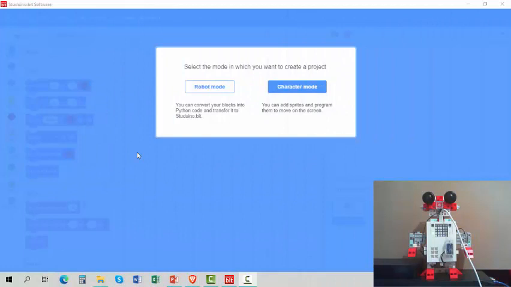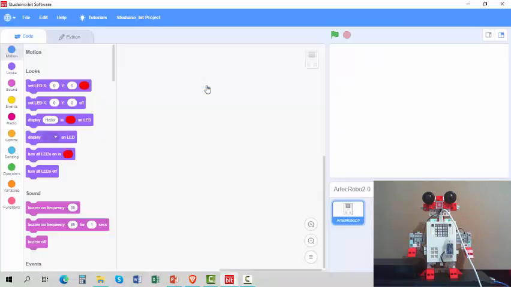Okay, fantastic. Now let's open up the Studio Bit software, and when you double click on the icon to start a program, it will give you this little information box and tells you you can either go to robot mode or character mode. So we are going to go to robot mode, and we are in robot mode, and you'll see there is the little